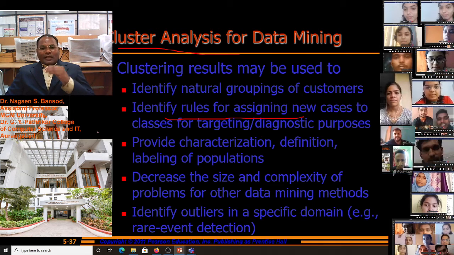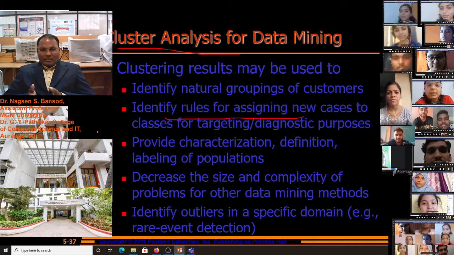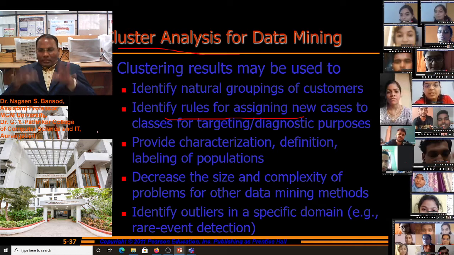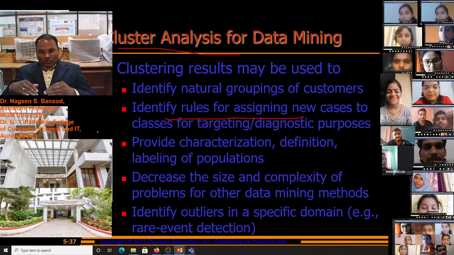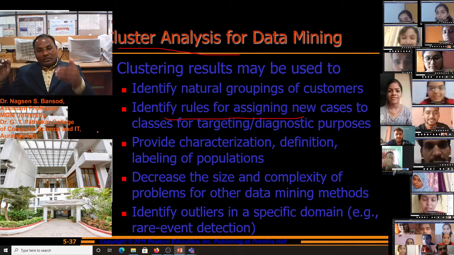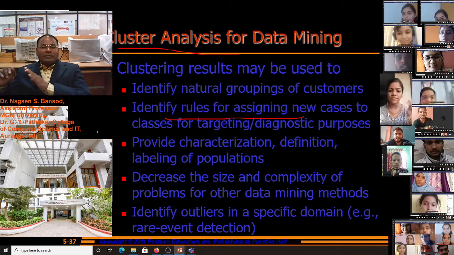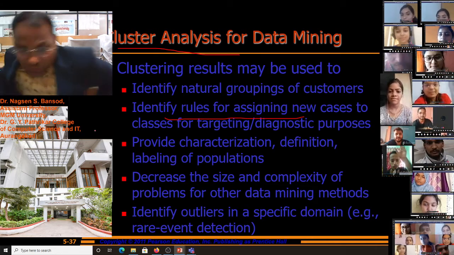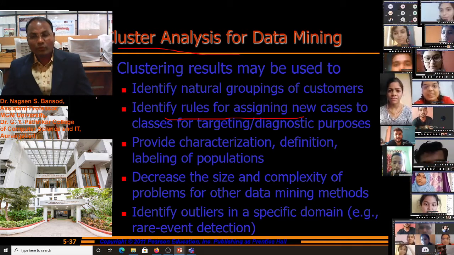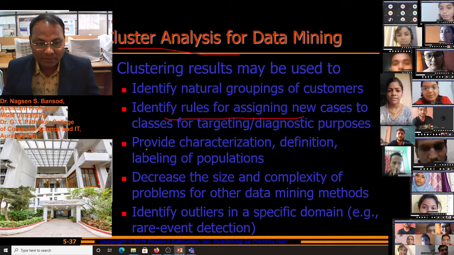Means for identifying the temperature from various districts in Maharashtra, we can assign new rules. In this month, temperature is going down, but in a particular month there may be a chance the temperature may increase. In that case we have to identify new rules, assign new rules, and that is possible with cluster analysis.